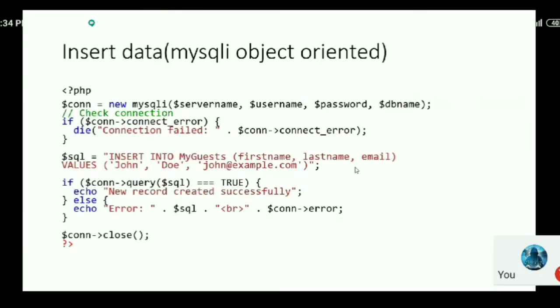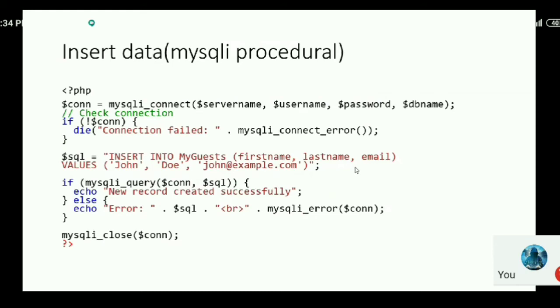Okay, now I go to the next one. So far what you have seen is inserting the data using the object-oriented procedure. Now the second one is inserting the data using MySQLi procedural. So only the command differs here. Instead of the object-oriented style, you are going to use mysqli_connect here, the rest of the things are the same here. So the same method you are going to use. Now listen carefully. I will explain how to insert the data with the help of MySQLi procedure.